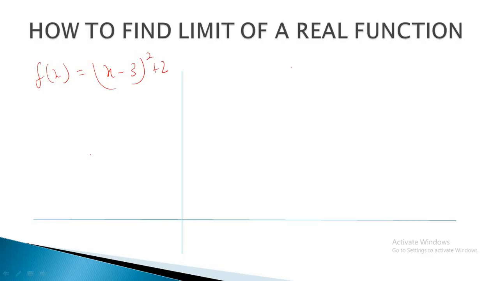Let us say in the whole domain from negative infinity to plus infinity, the nature of this function does not change. It's the function that remains the same from minus infinity to plus infinity. Let us say the graph of this function is like this. And if we have to find the limit of this kind of function whose nature does not change in the